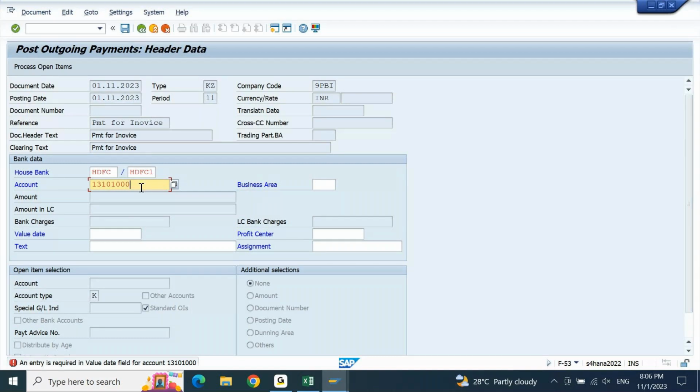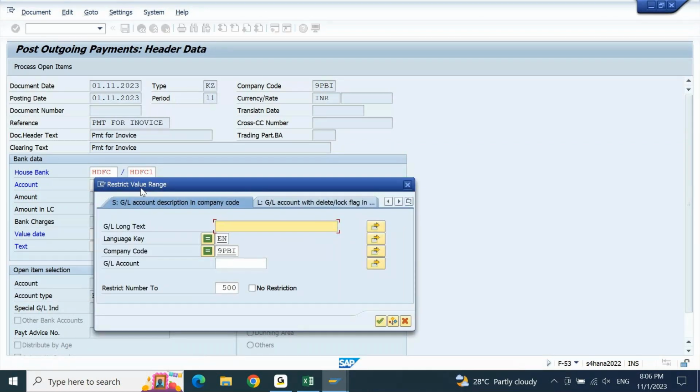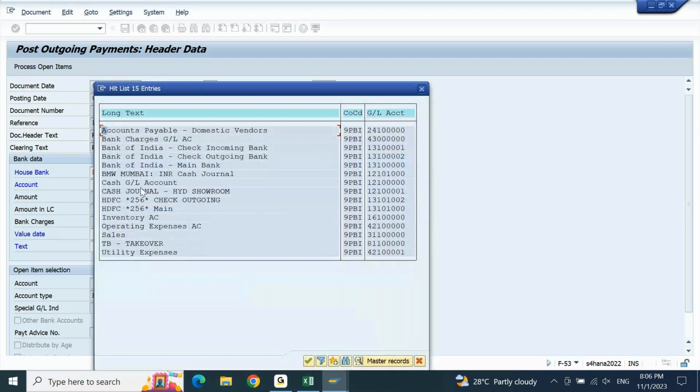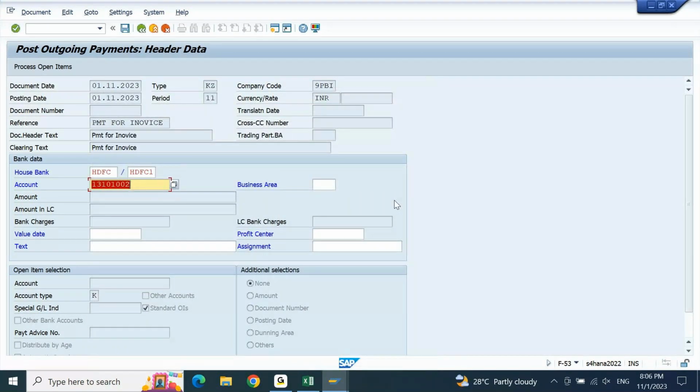If I open the drop down, account, company code, enter, let's say HDFC Bank, check outgoing. Ignore this check because I'm not printing any check now. Assuming that this is your HDFC Bank outgoing account, select the outgoing account. Even though the system is automatically populating a GL account, you can change the GL account. Enter this. When you press enter, it gives an error message asking you to input value date for account